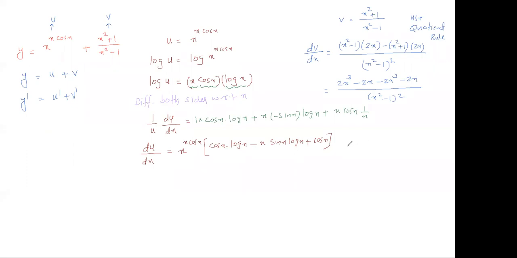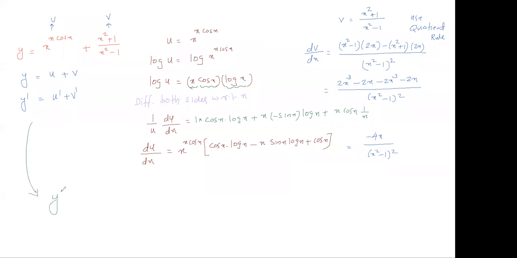So that is equal to 2x cube minus 2x cube, which cancels. So you will get minus 4x divided by (x square minus 1) the whole square. So you have got dv by dx and du by dx. Substitute back. So therefore